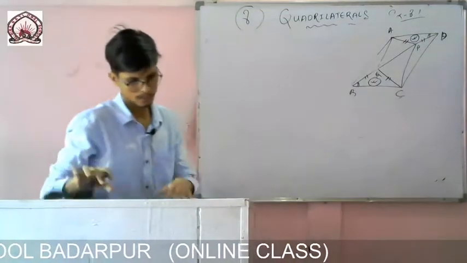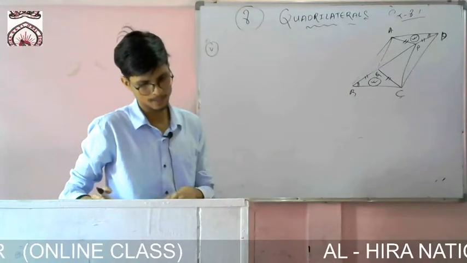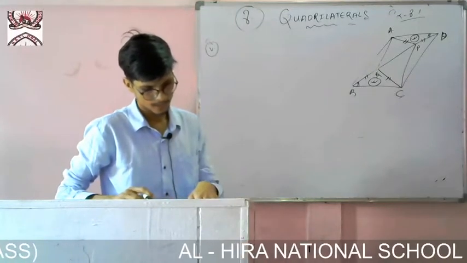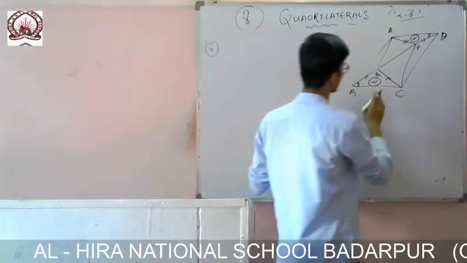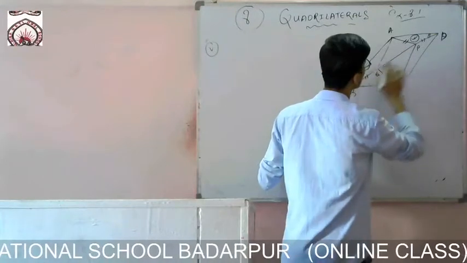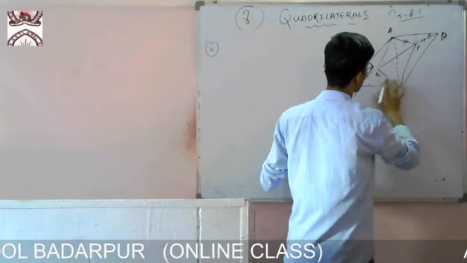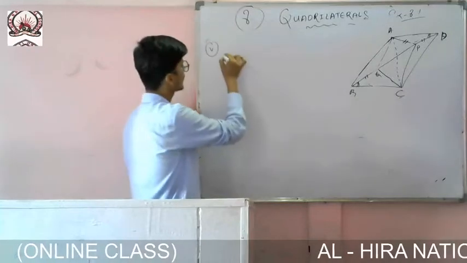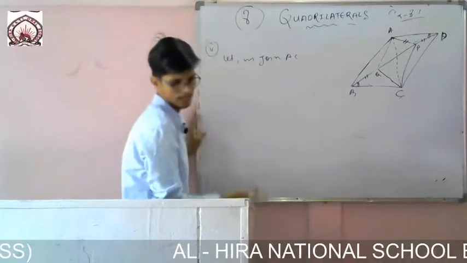Now let me go to Roman number 5. There you may get confused, so I am solving this one. What is given? That ABCD is a parallelogram. I have to show that APCQ is a parallelogram. So to show this, what do I have to draw? Okay, I am erasing this thing, it is making confusion. For this purpose I am drawing a diagonal like this, that is line AC. So you write, let us join AC.